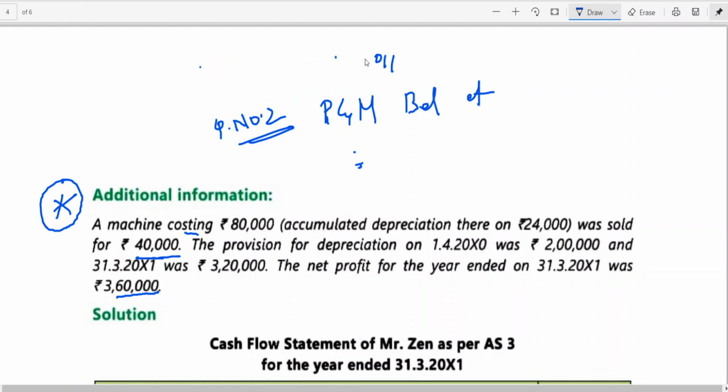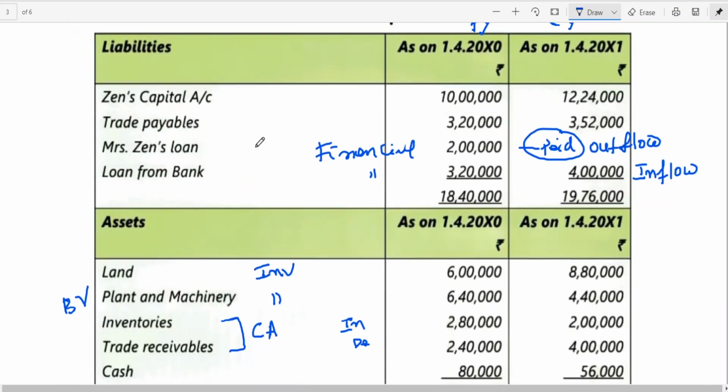Are you following? When accumulated depreciation is given, it should appear in trial balance or balance sheet. When accumulated depreciation is not appearing either in the balance sheet or trial balance, then asset is appearing at cost